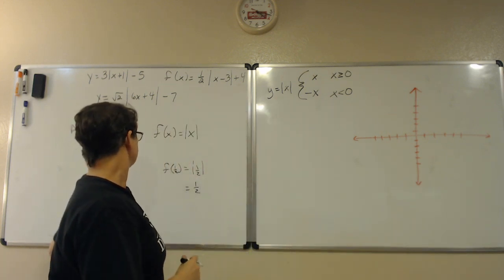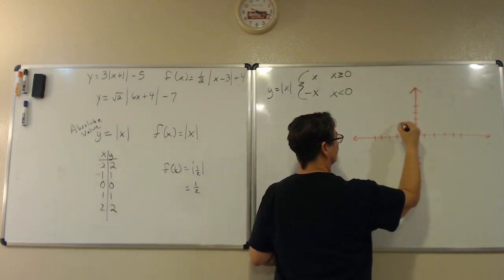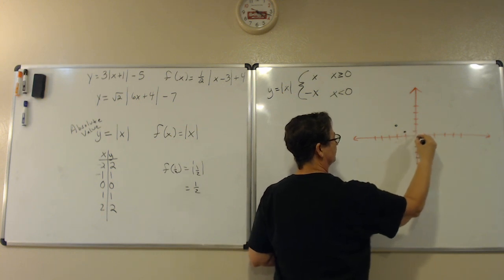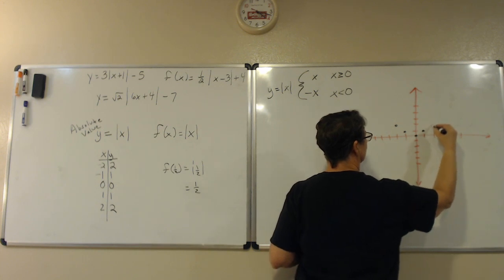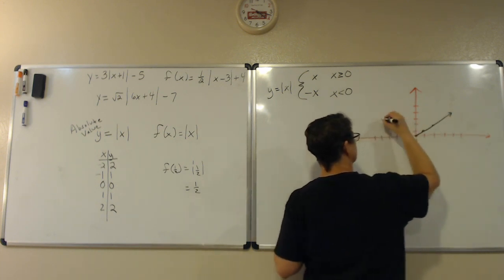And then I'm going to do walk 2, climb 2. Negative 2, 2 there. Negative 1, 1. 0, 0. 1, 1. And 2, 2. So the shape of this absolute value function